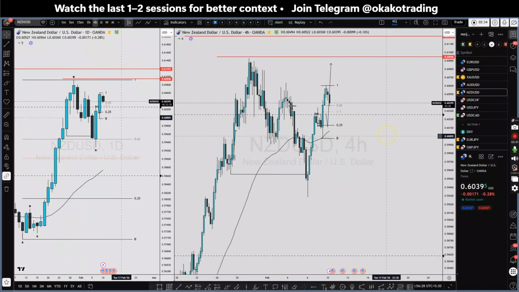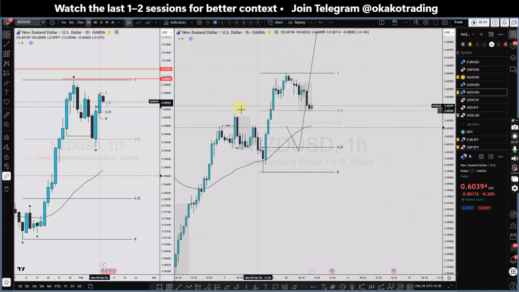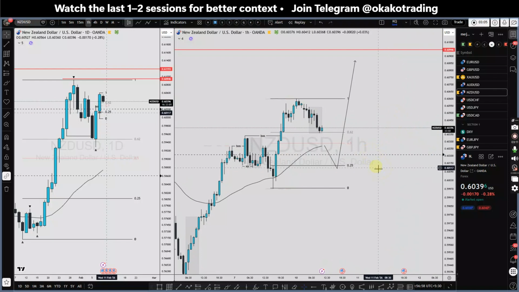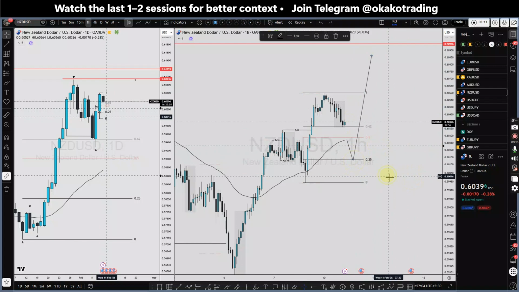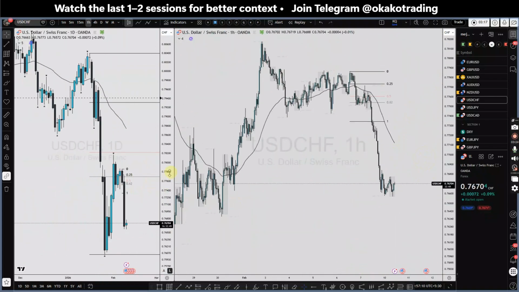We're also getting a beautiful 1 hour setup, a sweep of liquidity at around this level, and then a break of structure. So I'm gonna wait for this one. I'm gonna wait for price to show us a little more deeper correction towards this lows, towards this level, and then I can start planning for longs. But it's also possible that price will keep moving towards upside from current levels. In that case, I will just end up missing the trade. But I'm gonna set my alert at around this level, and I'm gonna wait for a deeper pullback towards the OTE level.